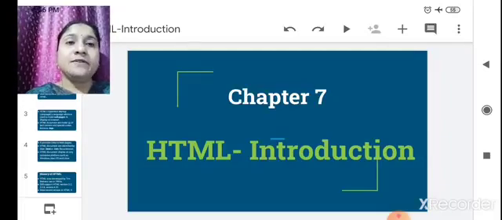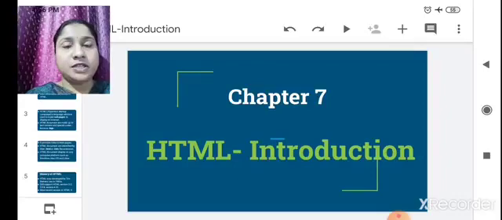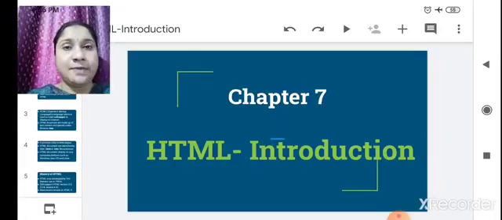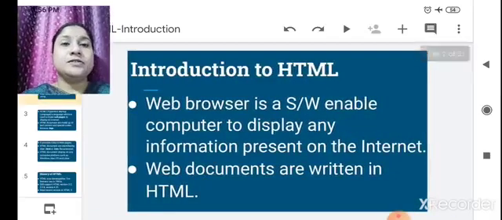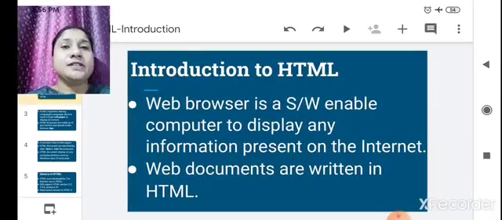If you want to create any web pages, you have to use HTML, that is Hypertext Markup Language. So, introduction to HTML.